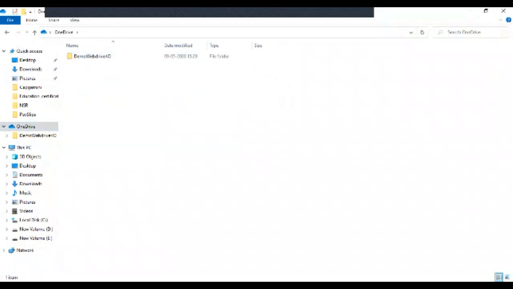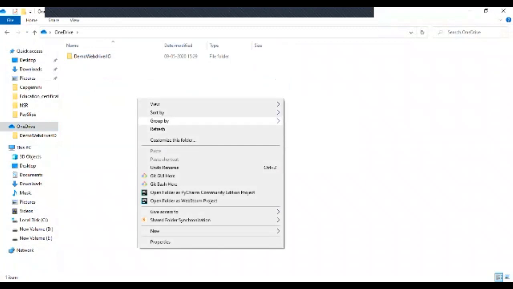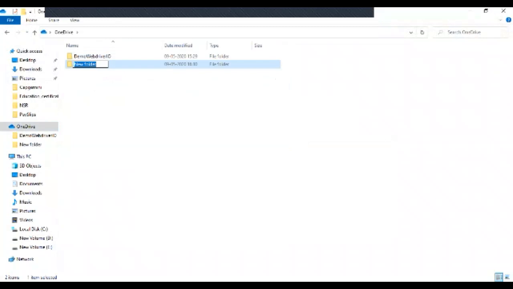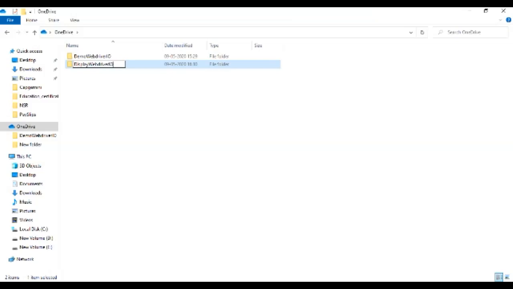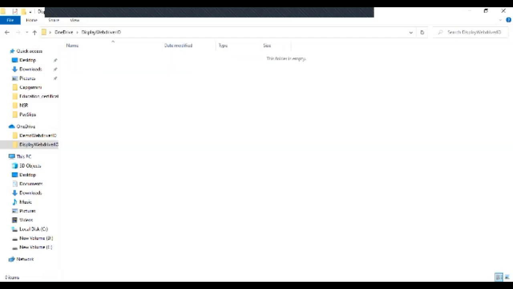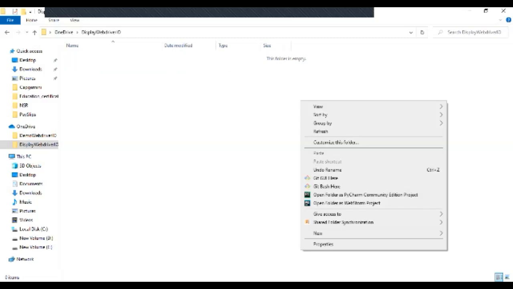I'm going to create one empty folder, and open git bash to run the commands.